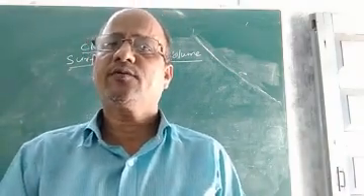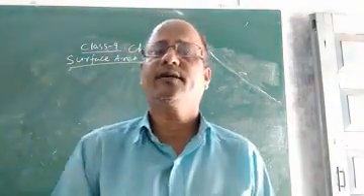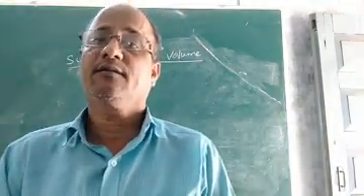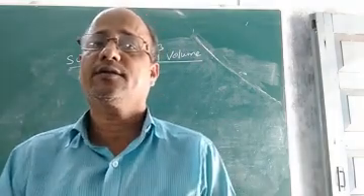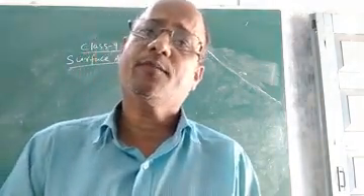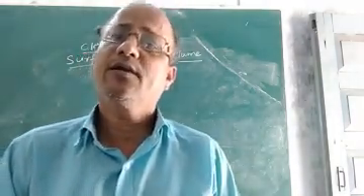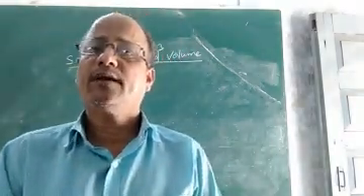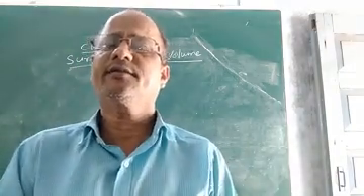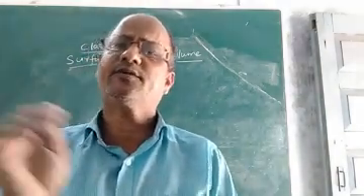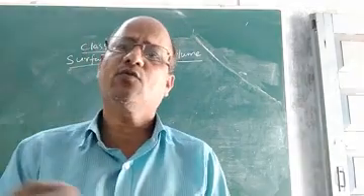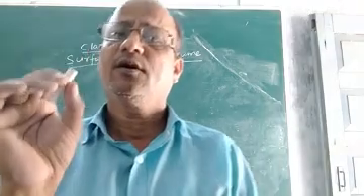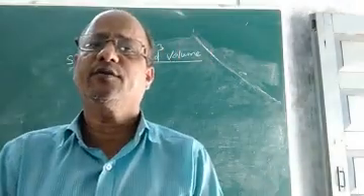Children, in the last class we were discussing the properties of cyclic quadrilaterals in the chapter Circle. The chapter Circle was completed in all respects, with the discussion of all the properties of cyclic quadrilaterals. I had told you to start a new chapter, statistics, but I think it will be better if we start surface area and volume and then go to statistics and probability. So today let us discuss surface area and volume.